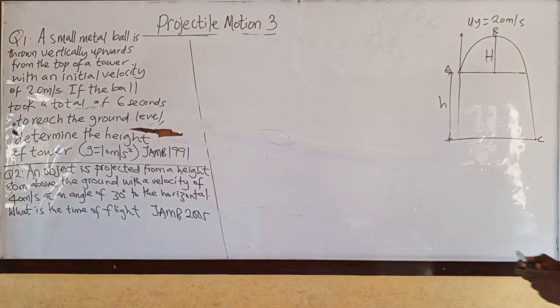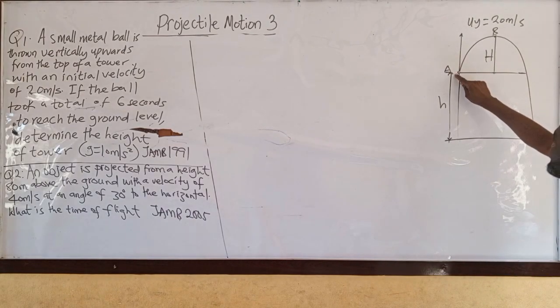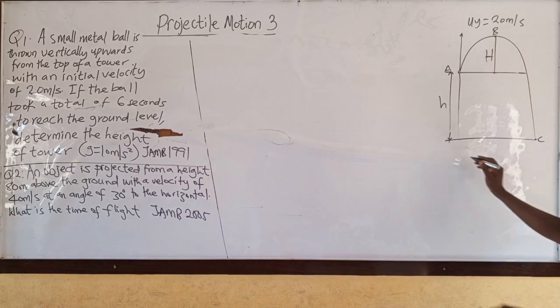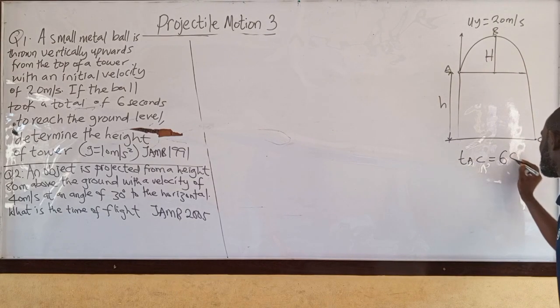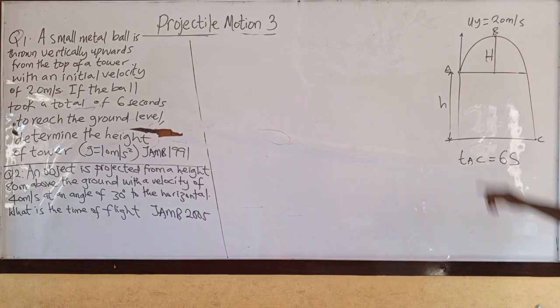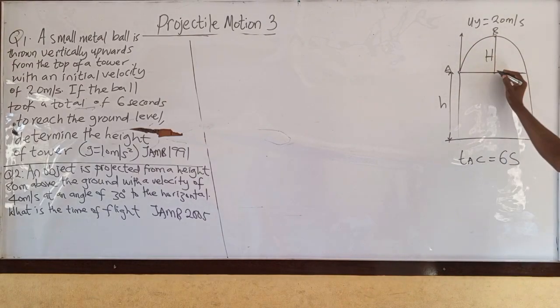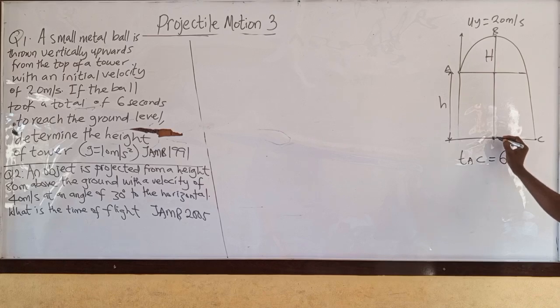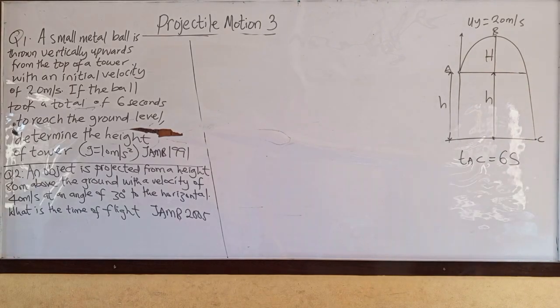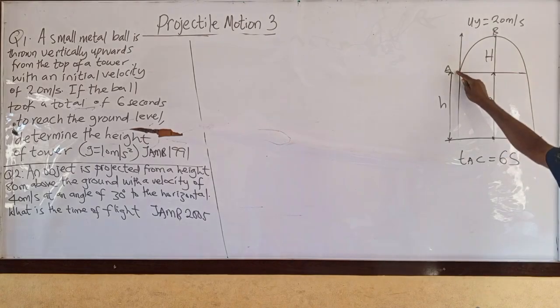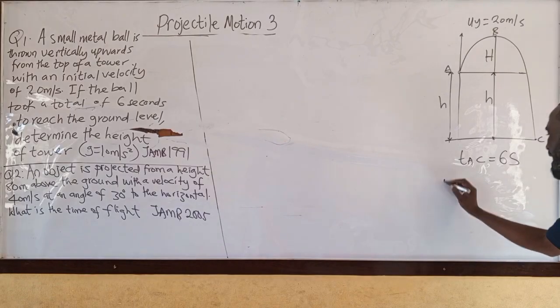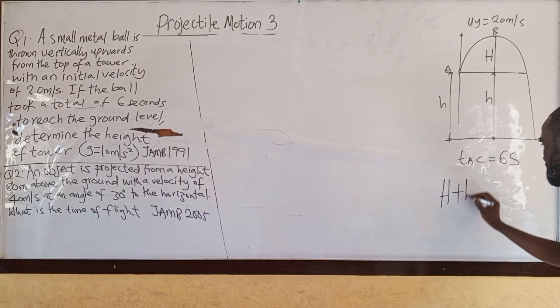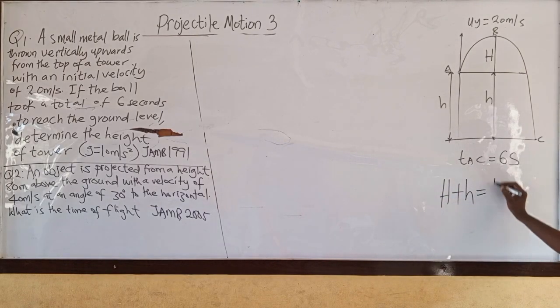We're given from point A to point C, time A to C is given as 6 seconds, which is the total time spent by the body. Mind you, this space too is our H. Everything, I want to calculate the height of the tower. This space. Okay? So the formula is H plus H equals